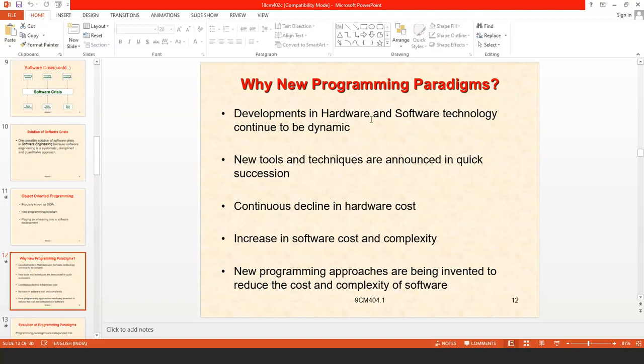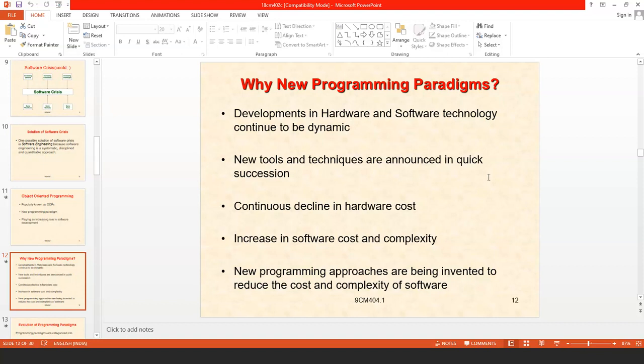So, developments in hardware and software technology continue to be dynamic. The software and hardware technologies are dynamically changing, so we need to go for new programming paradigms. And new tools and techniques are announced in quick succession.